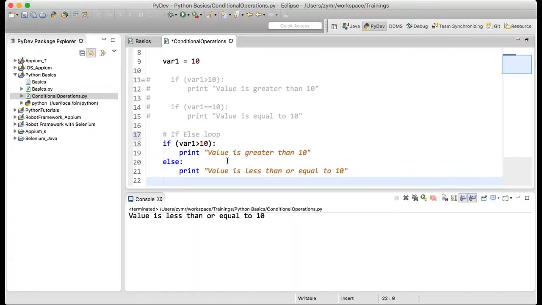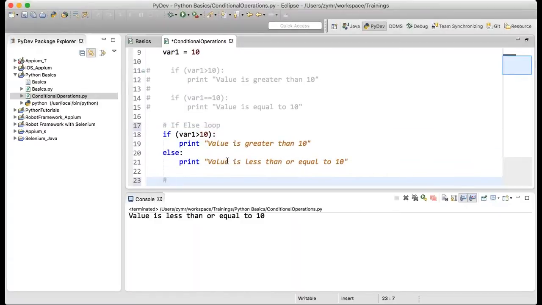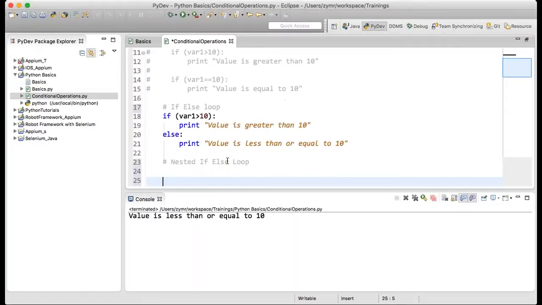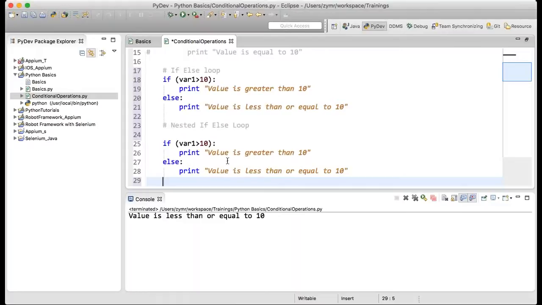Now I will try to show you nested if else loop. So this was our previous if else loop. Now I want to add one more condition saying if var1 is less than 10. How will I do that?